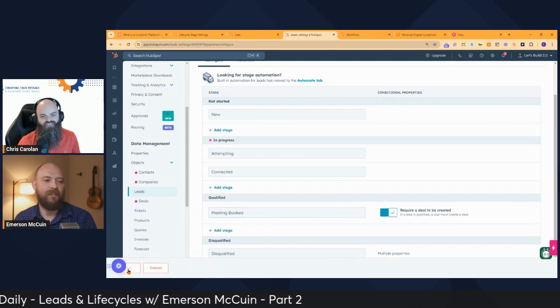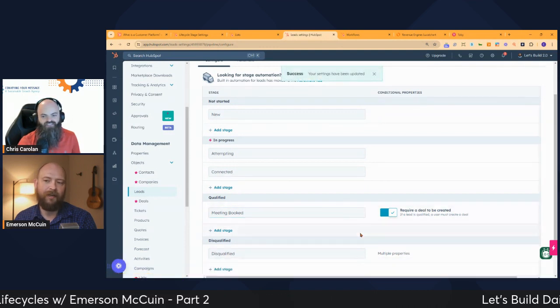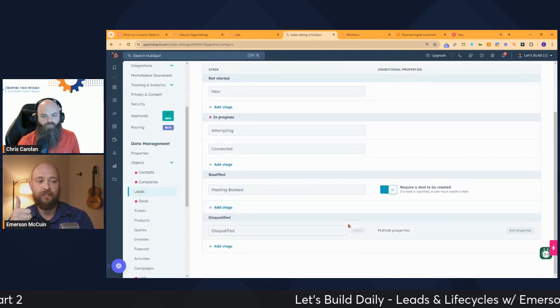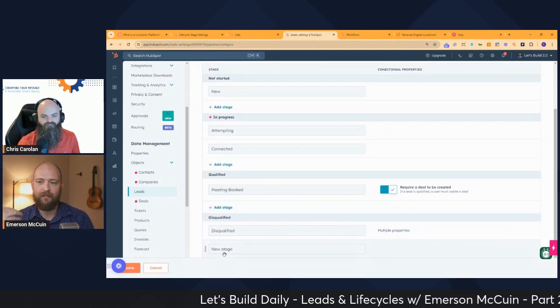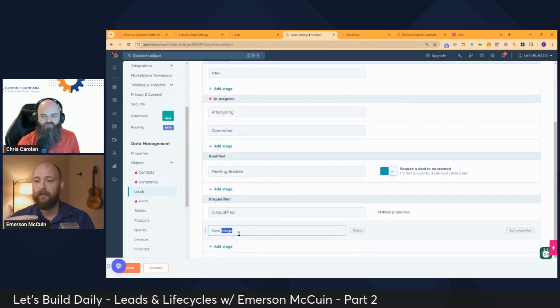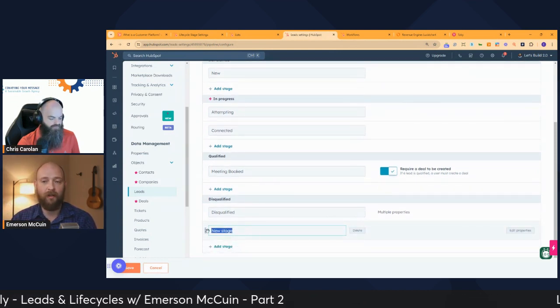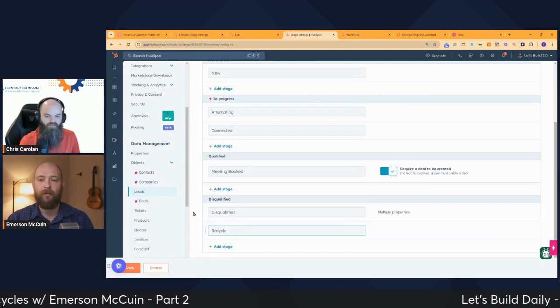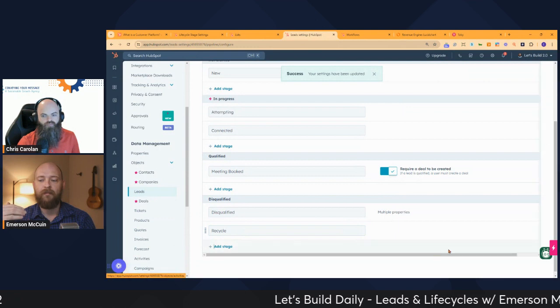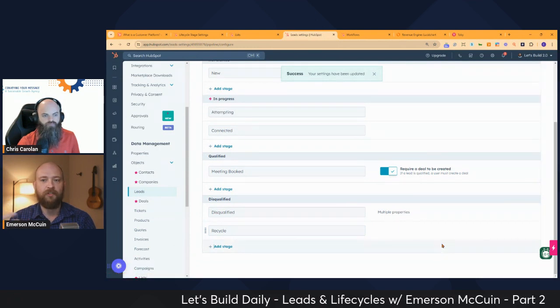I added some disqualified stages because I didn't like the word disqualified, for one. I added recycle. These are people who came through who were perfectly otherwise qualified leads. We just couldn't get a hold of them, or they declined a meeting, and we want marketing to nurture them, right?